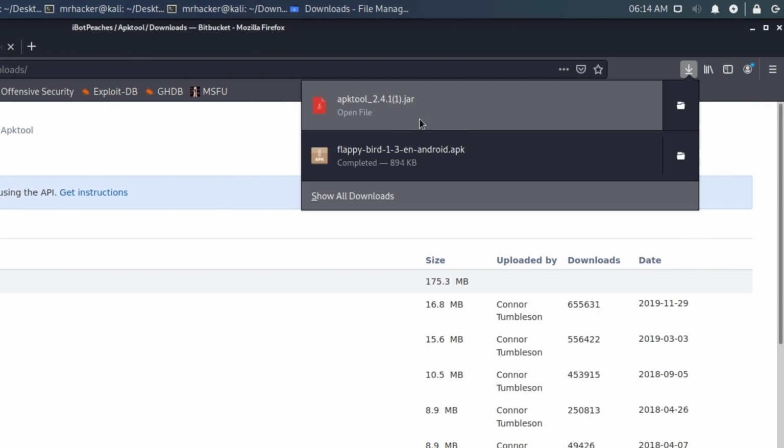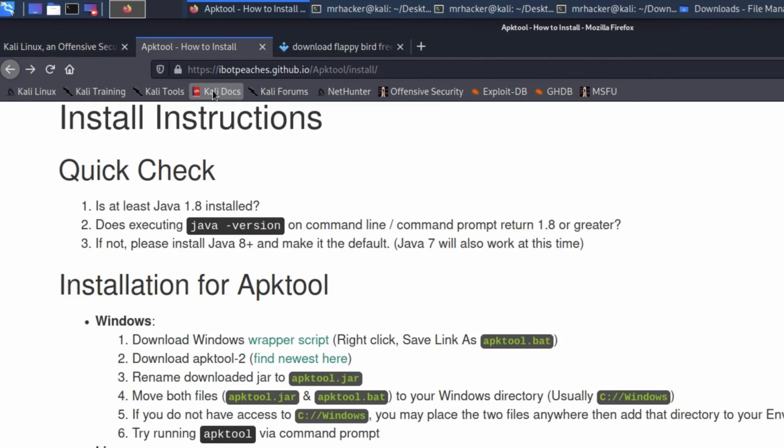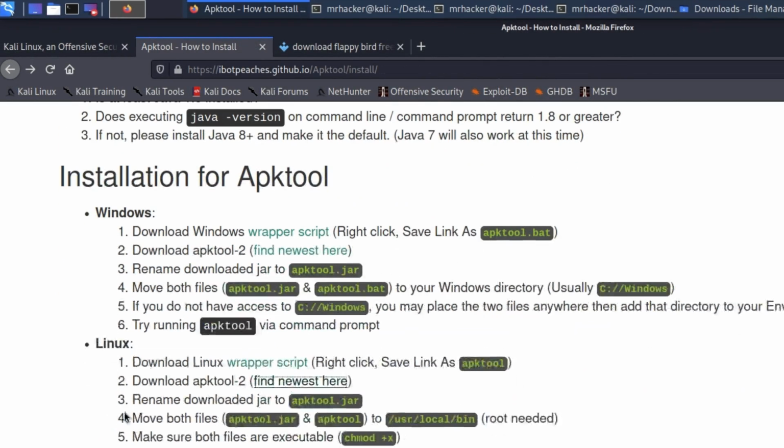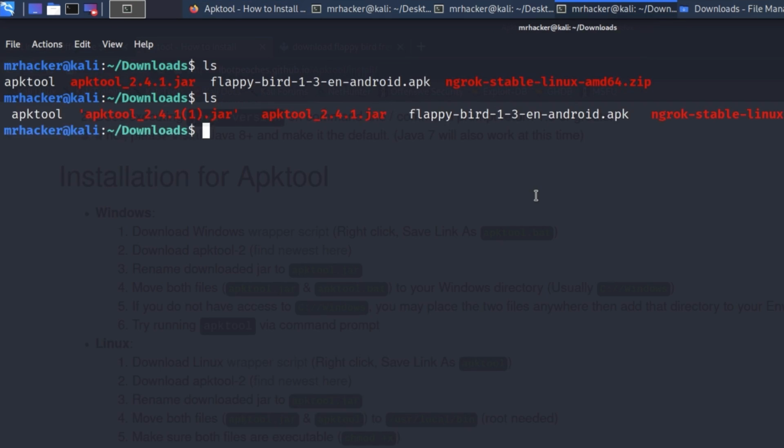In just a few seconds, it should finish the download, and let's go back to check out what the third step is. Rename the downloaded jar file to apktool.jar. Let's do that. It is in our downloads directory, and it seems that we actually have two of these. So I'm going to remove the first one, and I'm going to rename the second one